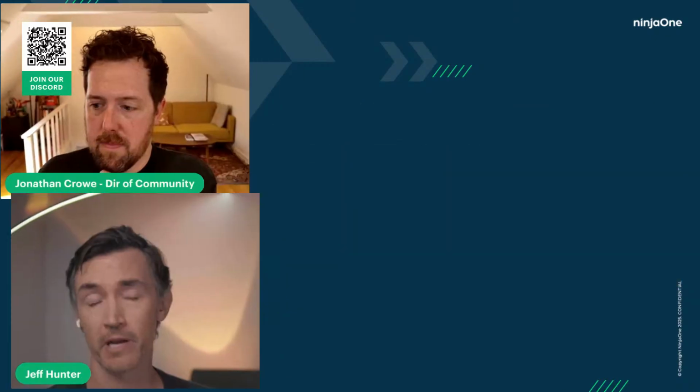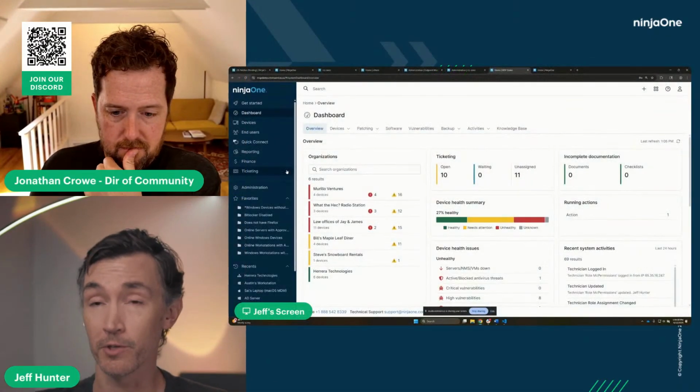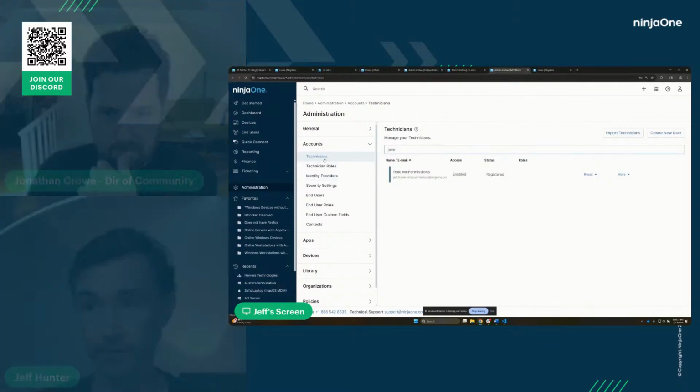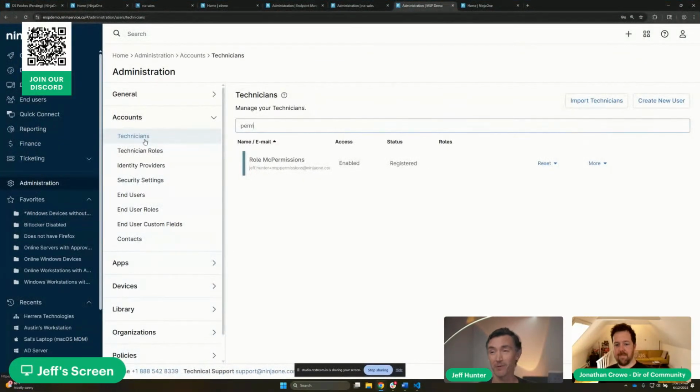I think let's go ahead and talk about the basic building blocks that you have the ability to utilize when you're talking about any kind of outside access. And so in NinjaOne, that really comes down to 2 different types of users. So if we go to administration and then accounts, we have our technicians, and everybody should be very familiar with the technician user type